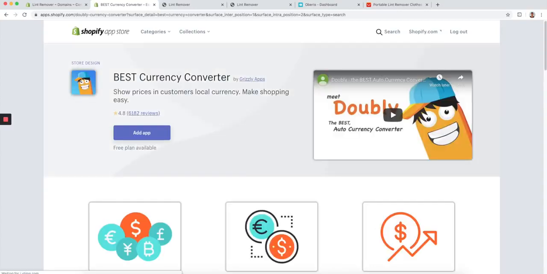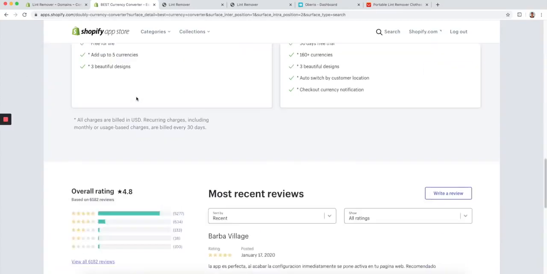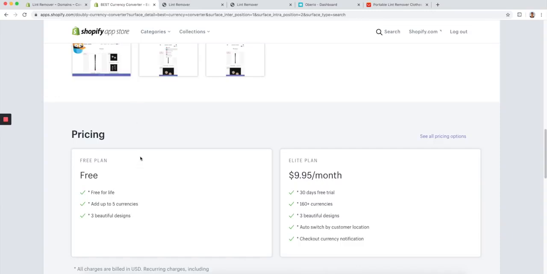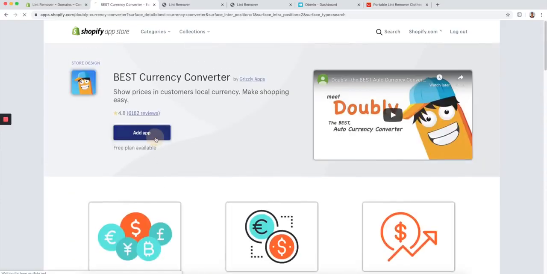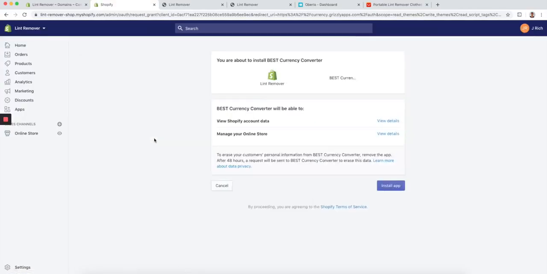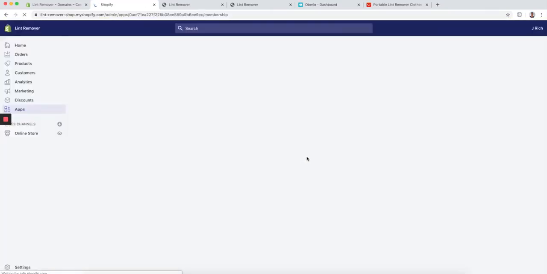And it's a really cool app too because it's free up to 5 currencies. And honestly, you only need 5 currencies, so you don't need the paid plans, which go up to 160 plus currencies. I didn't even know there were that many currencies, to be honest. So I highly recommend you guys download this app for free and just use the 5 currencies. And it's like the 5 most popular currencies, like euros and GBP and Canadian dollars and Australian dollars and all that good stuff. So once we install this app, it'll then ask us what plan we want to pick. Make sure to pick this free plan